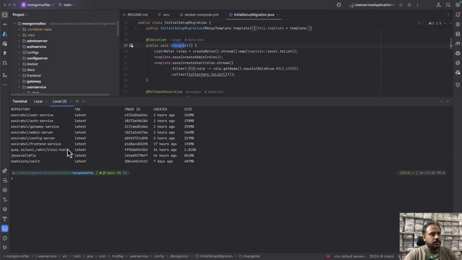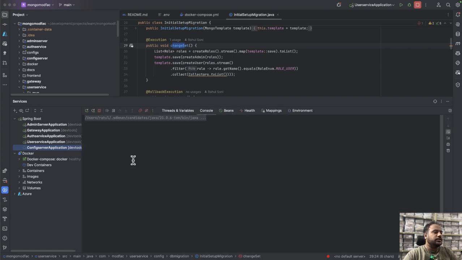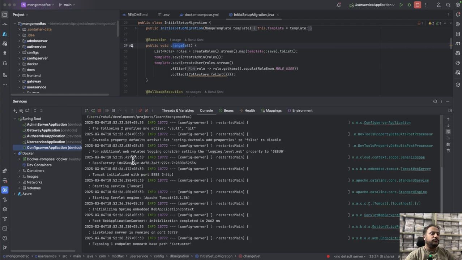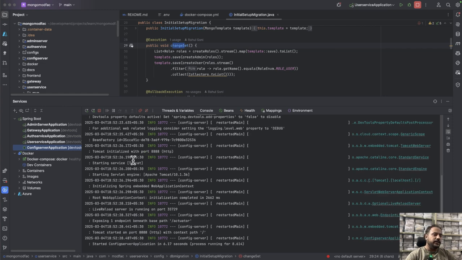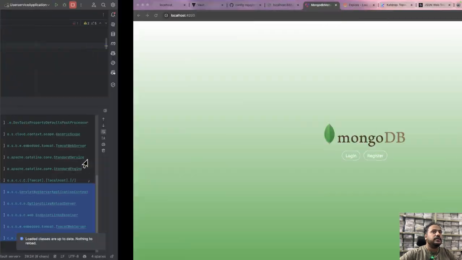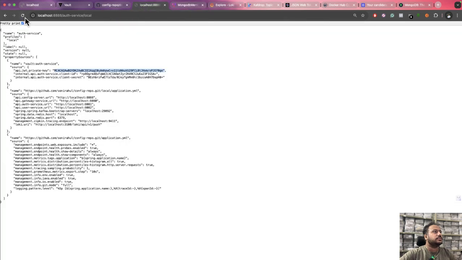To start our application, there is a certain order which we have to follow. First we need to start our configuration server. So let's start our configuration server. The configuration server would be giving all these configurations, which are loaded in Git and Key Vault, to all the services. Now we see the configuration server is up, and we can validate it by checking the endpoint, which is here. And if we just reload this URL,